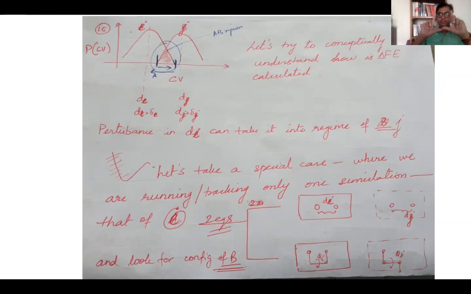This would be erratic because the configuration that is seen by the water, or the non-polar molecules around this butane molecule, is totally impractical. They would never visit that. But it is likely that if you are simulating, and let's say there's a certain arrangement of water molecules around it, and you slightly move it by a certain angle, then the same arrangement of water molecules, or the same configuration, would be likely to be visited by this closely proximal state, and that would be the overlapping region here, right?